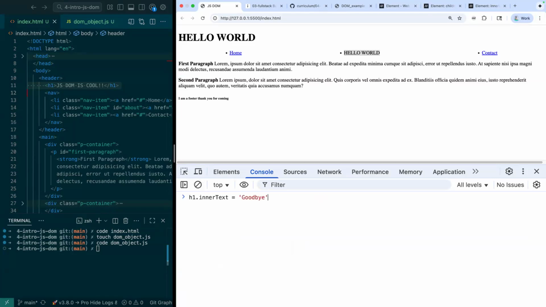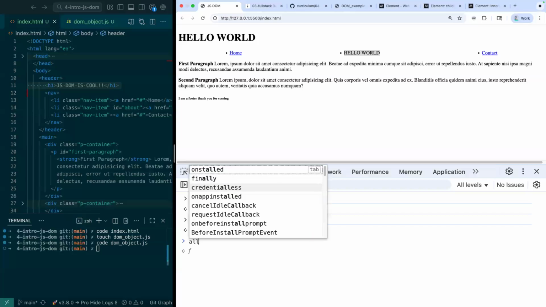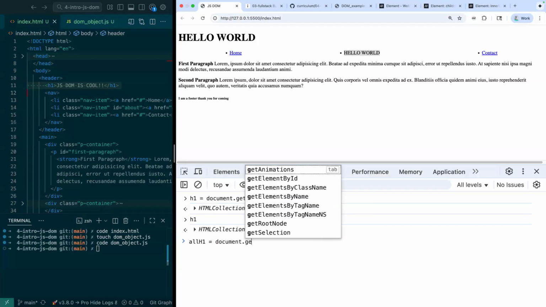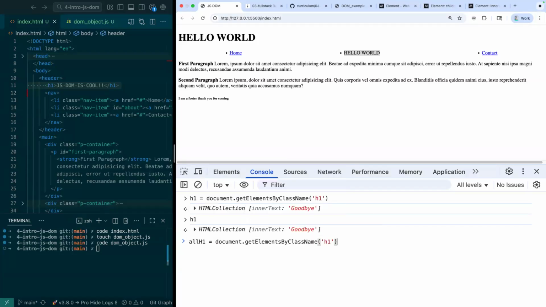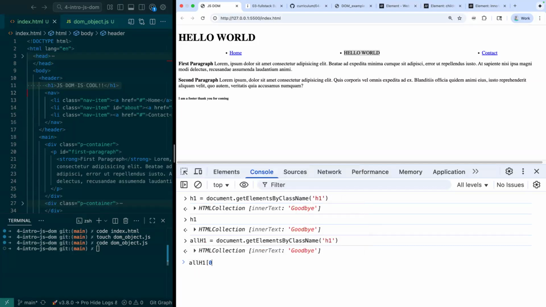So in fact, this is actually a list of all of the things. So let's call this instead all H1. And now if I do all H1 sub 0, or all H1 sub 1,